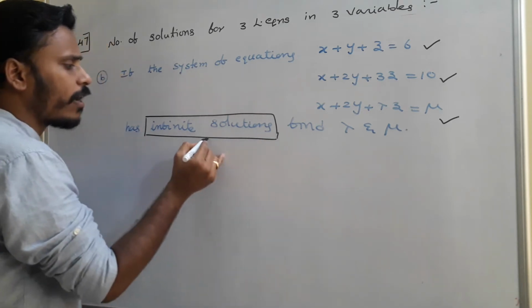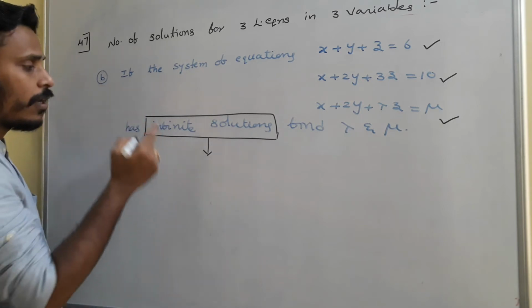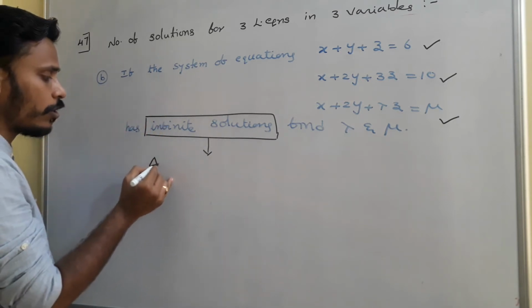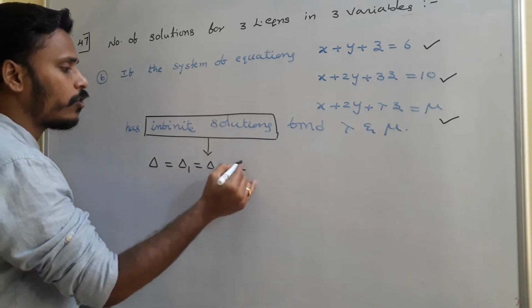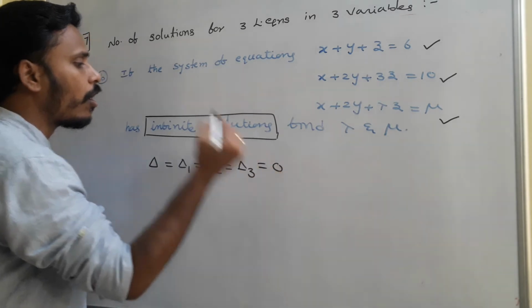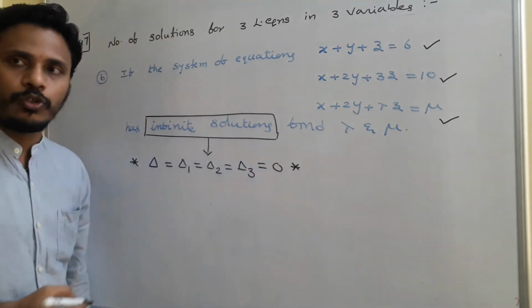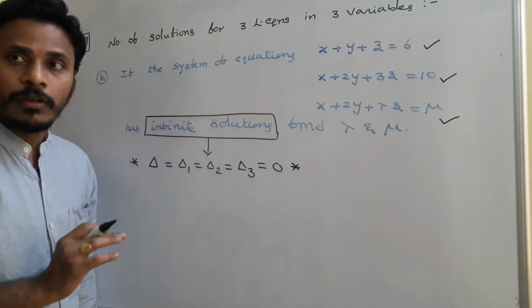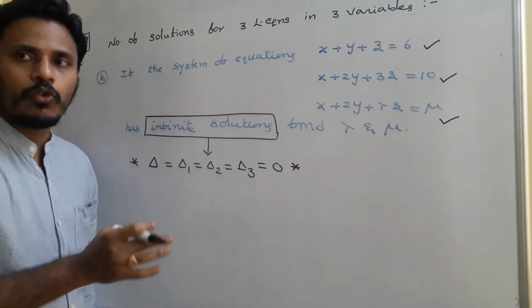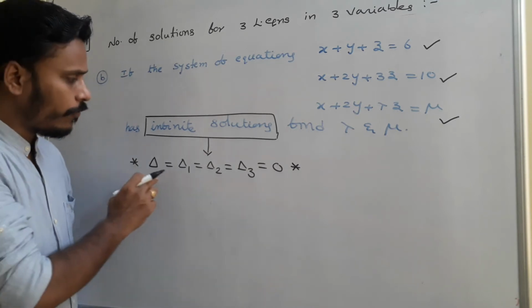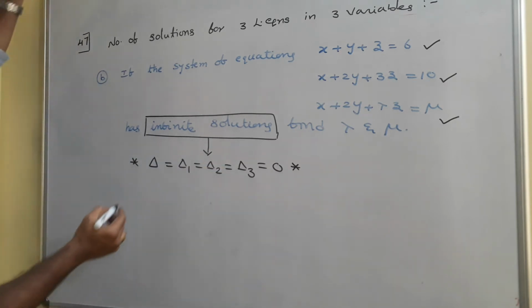Since the system has infinite solutions, from Cramer's method, as we discussed a bit earlier, if the system of equations has infinite solutions, then delta, delta 1, delta 2, delta 3 are all equal to 0. This is the condition which we need to use now to find lambda and mu, right? In fact, no need to use all the 4. It is enough to use any one or two among these 4 determinants and equate them to 0. So first of all, I will think about the delta.